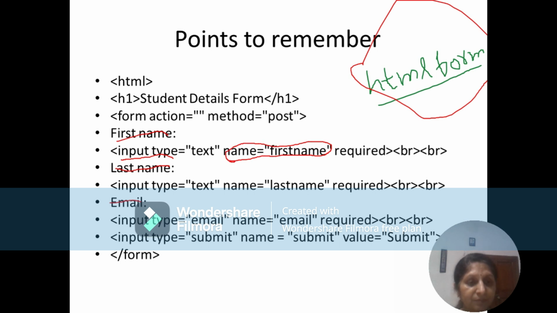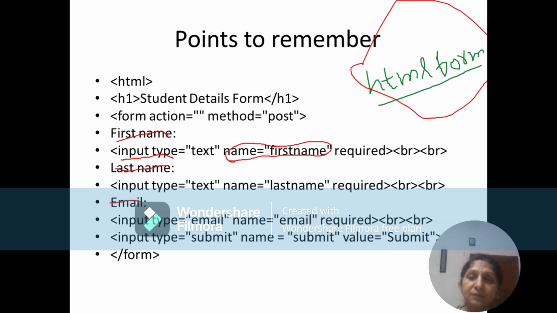In our HTML form, there is an input type for the first name, and whatever input we accept from the user using this form, its name is going to be first name. This name attribute is compulsory if you want to store this data into your database.